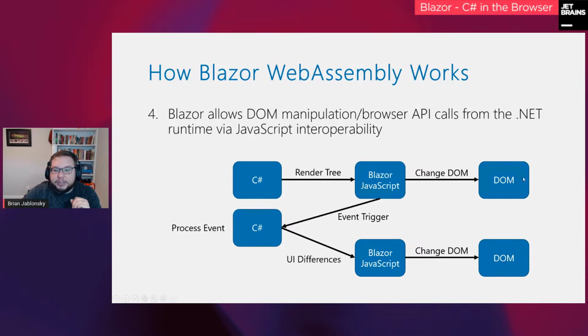Now, if there are any changes in the DOM, it creates an event trigger in JavaScript, which passes it back over to C#. C# processes that event and creates a UI difference, so it doesn't update the entire DOM. It basically says, here are the changes that need to get updated, and passes that to the Blazor JavaScript framework, which is responsible for the update. So it doesn't do a full page refresh. With old AngularJS, having to completely re-render some of your DOM was an issue. This just does incremental updates, so it's very fast, in the sense that it only gives me the UI differences.